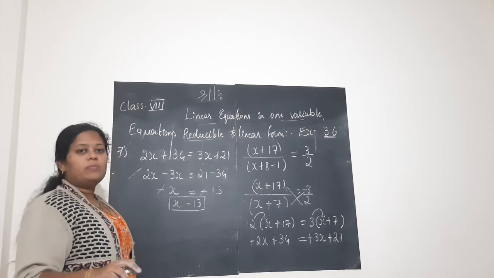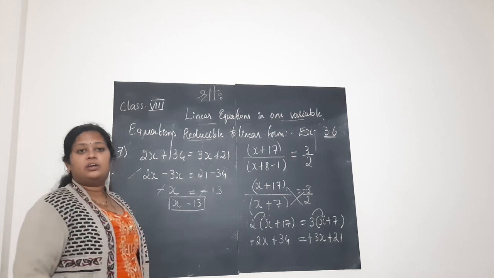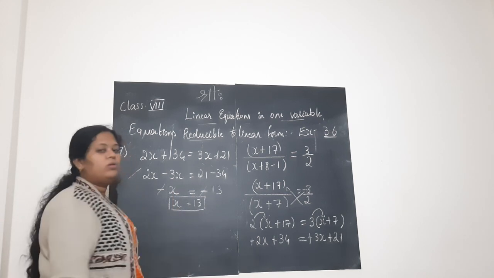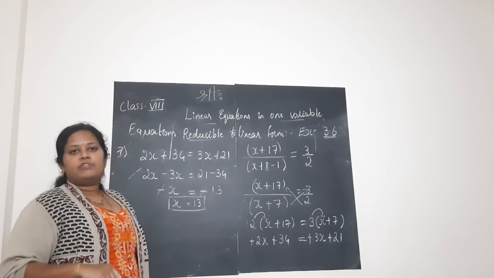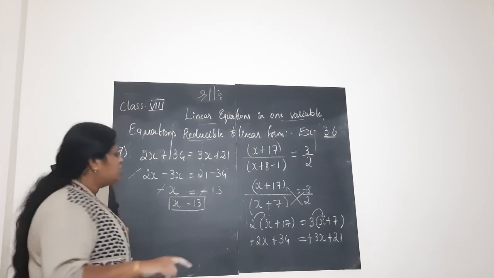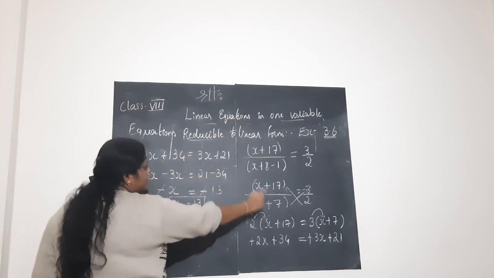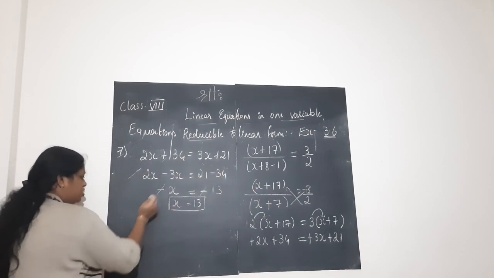Is this the end of problem? If at all you think you stop at this point, they are asking us to find the rational number. Is rational number a whole number? According to the definition of rational number, we should get it in the form of p by q, means is it not a fraction? So it is not the end, children. So we should take the numerator to denominator ratio.